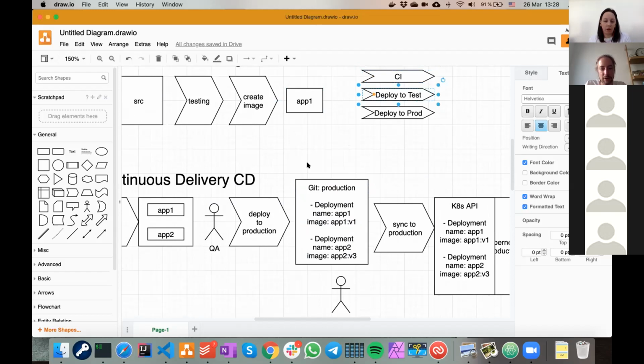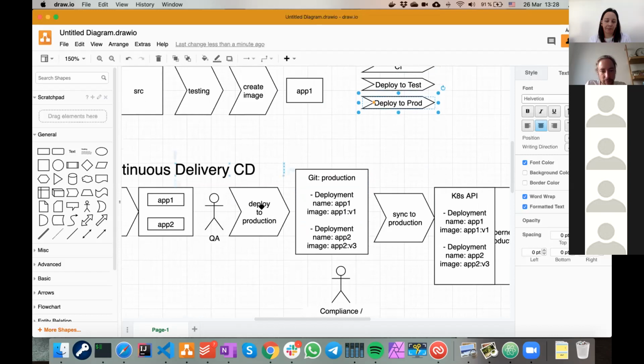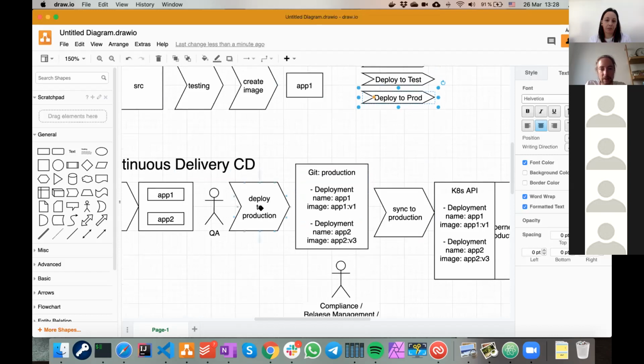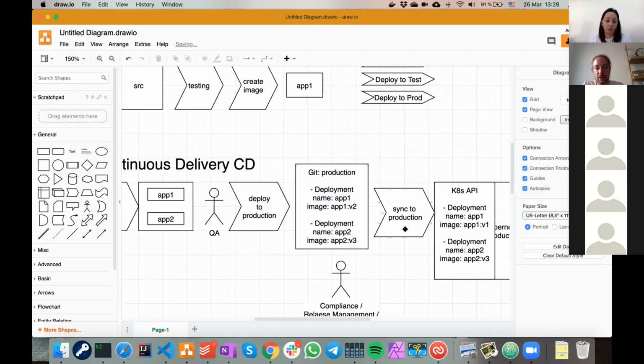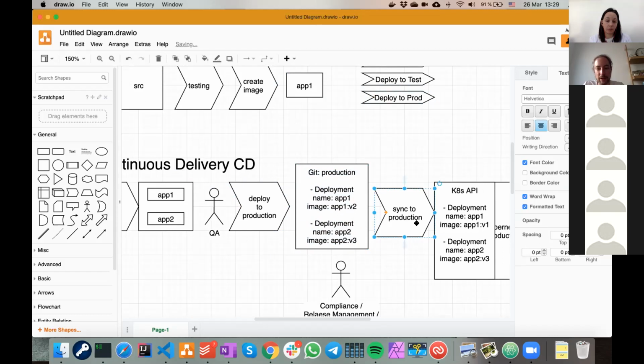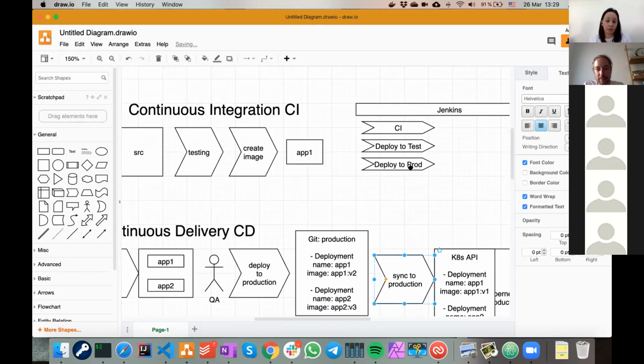And when we want to deploy to production, the first way of implementing this is that somebody actually goes to this production Git repo and edits this value to app1 v2, which will kick off the sync to production pipeline, which might again be a pipeline inside the CI tool,